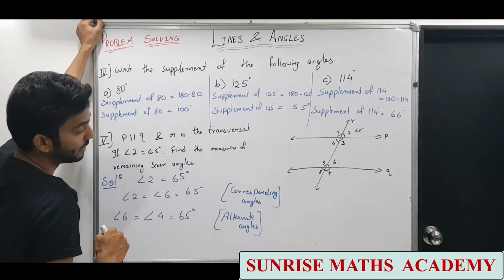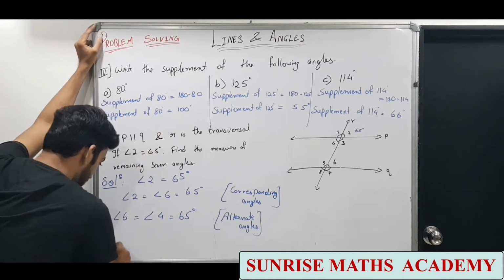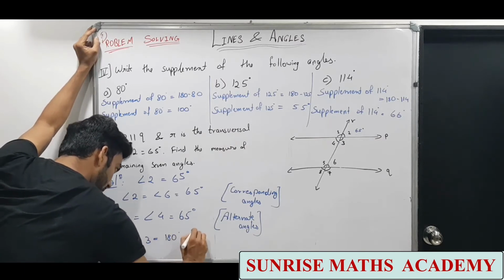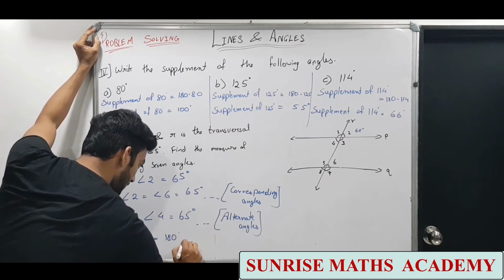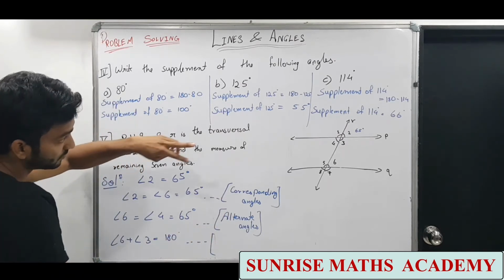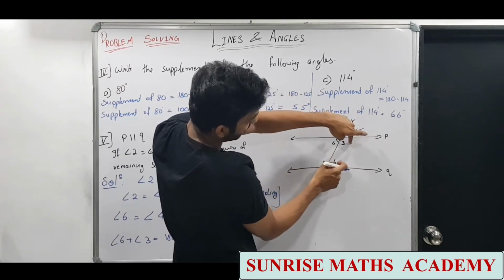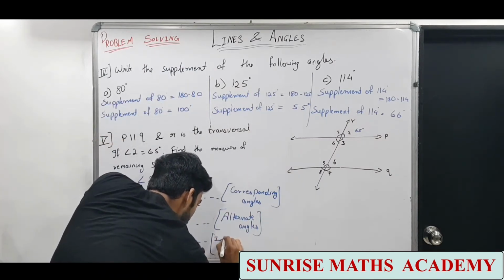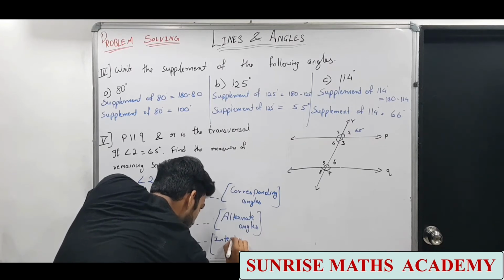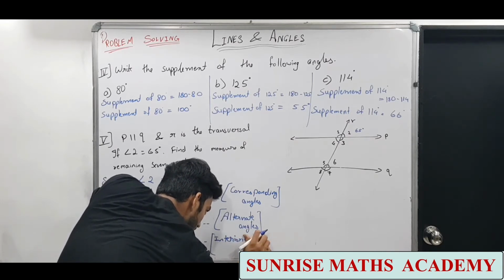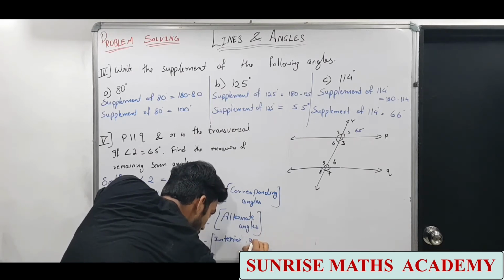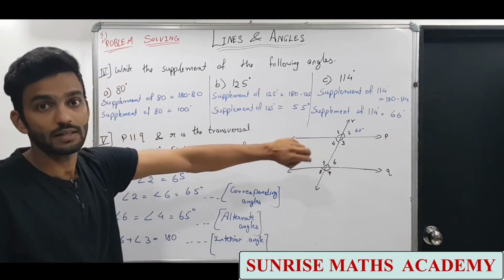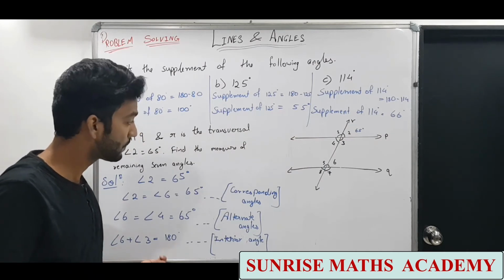Then next one we can take is 6 plus 3. Angle 6 plus angle 3 equals to 180 degree. इसके लिए हम लोग reason लिखेंगे. दोनों ही parallel lines के अंदर के हैं और transversal के one side है, right side है. So this will be interior angle on the same side of transversal. इंटीरियर एंगल ऑन द सेम साइड का हमने देखा था, they are supplementary, therefore 6 + 3 = 180.